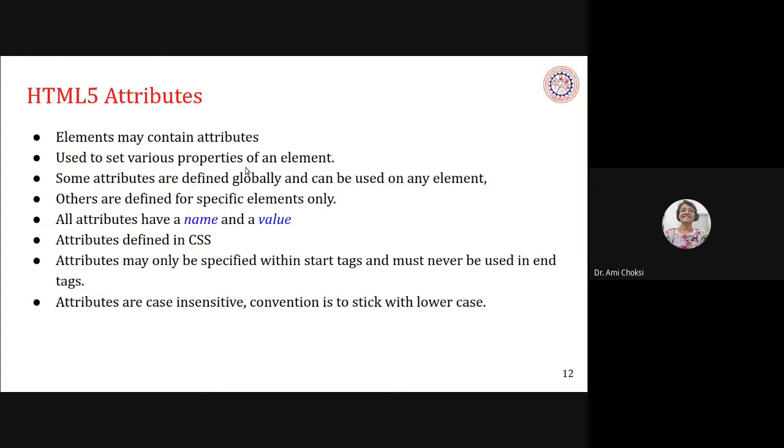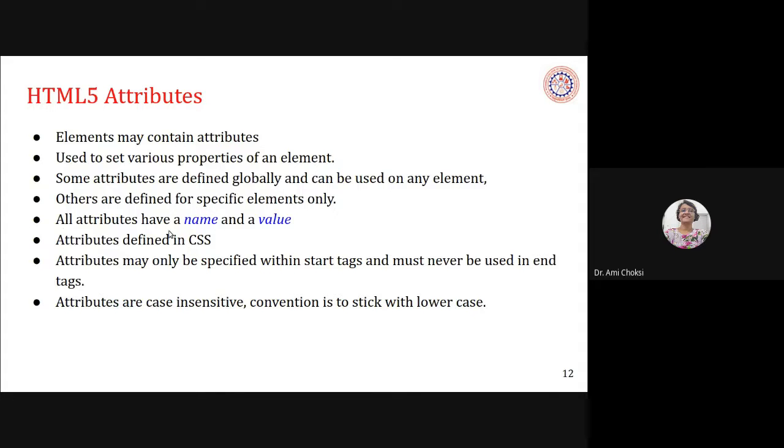So what are the HTML5 attributes? This is known to us, right? The way we are using in our HTML4. So let's say that elements may contain attributes used to set properties of an element. Some attributes are defined for specific elements only.